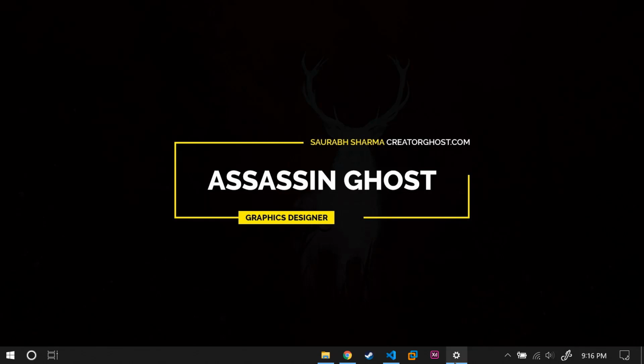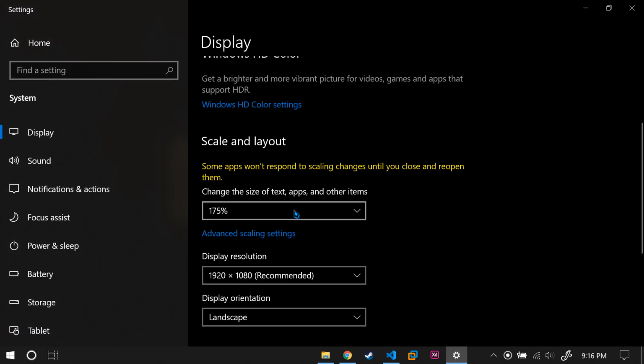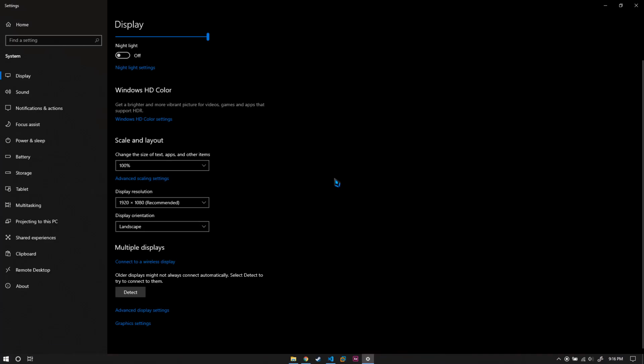So this was basically how you can go ahead and create your own full screen navigation menu easily, and the